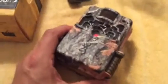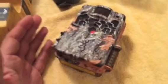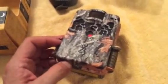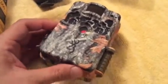I've been really happy with my Browning cameras since I bought one of their first ones back in 2013, a Browning Recon Force that's still working. They have just made continued improvements on their cameras over the years, and I've been extremely pleased with them. There are a couple of things about the 2016 that really need to be made reference to,